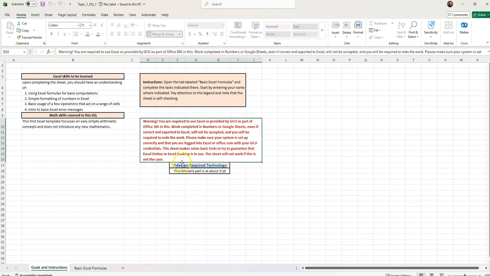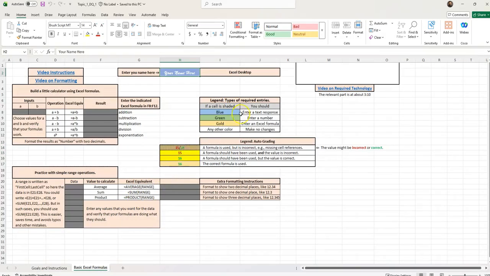Once you download that, we have a video built in here about the technology that you need to have in order to do this assignment. Just the basic thing. For one, you need a laptop computer, but if there's any question about that, you may want to view this video. All of our templates each week have videos about how to do it within the Excel spreadsheet. So watch the video instructions, watch the video on the formatting, and then once you have this complete,